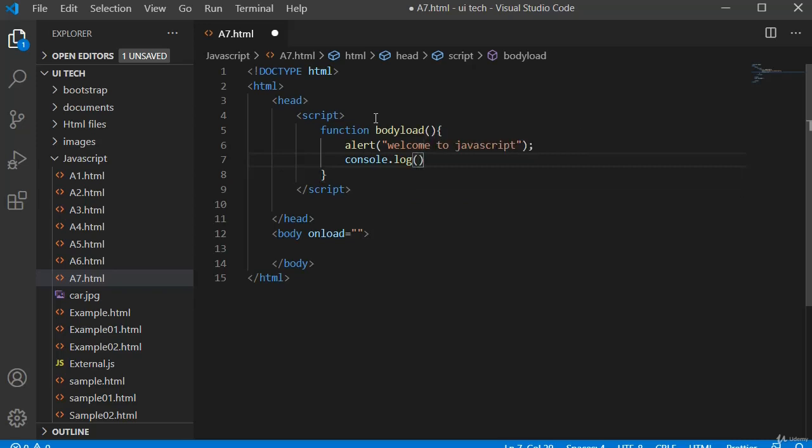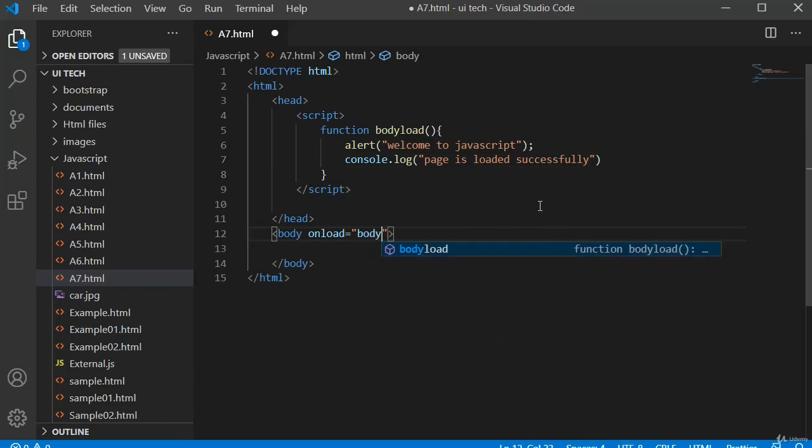In console.log I want to see page is loaded successfully. And call this bodyLoad function from my onload event, bodyLoad.